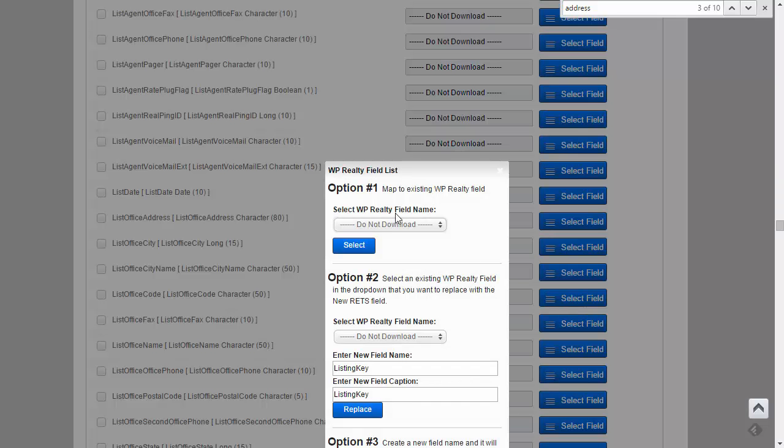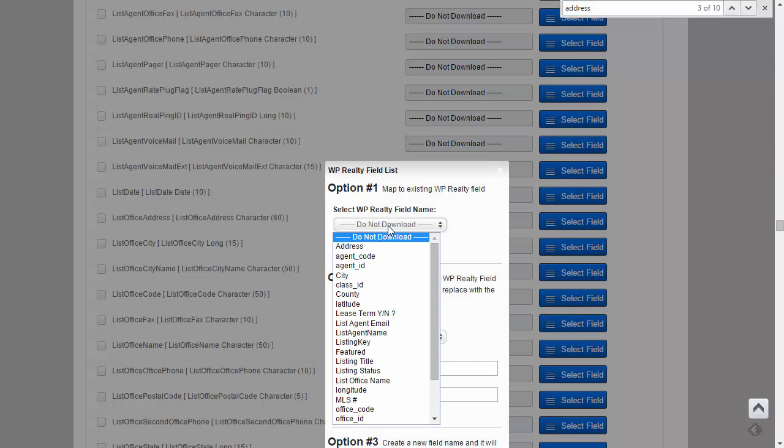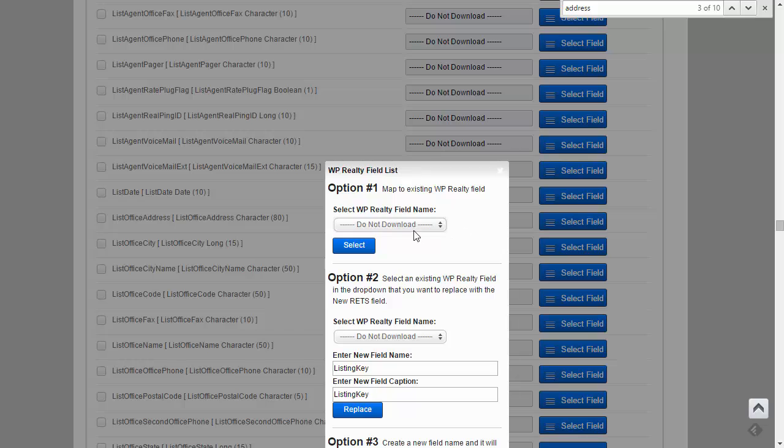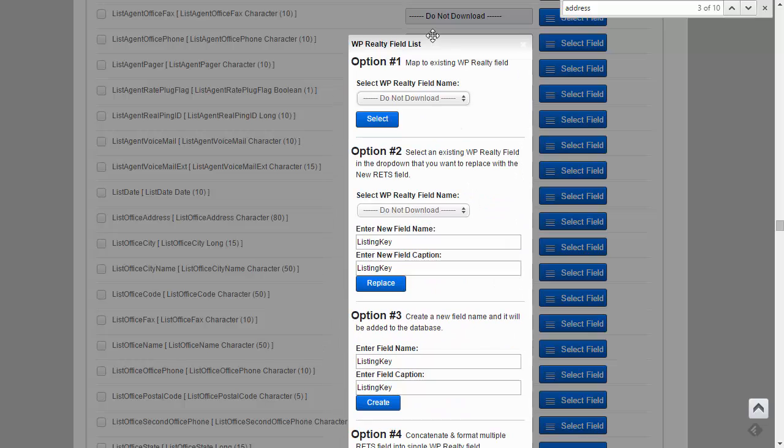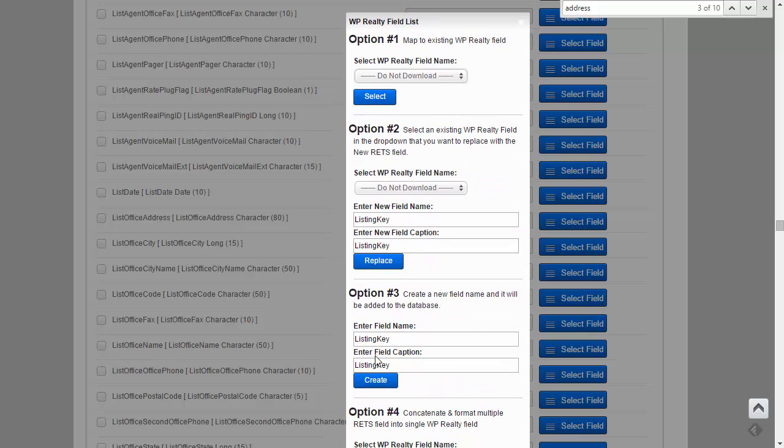Okay, so we're mapping a field again that's already been mapped. So we go right back here. If you've already mapped a field one time, you're going to see it's automatically going to be here. So if you're in another property class and you're mapping redundant fields, you're just going to use option 1 every time. But if it's a field that you go to map and you go, okay, where is it? It's not here. Then you're just going to slide this thing up and